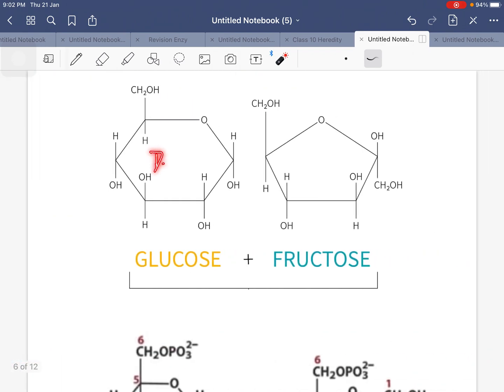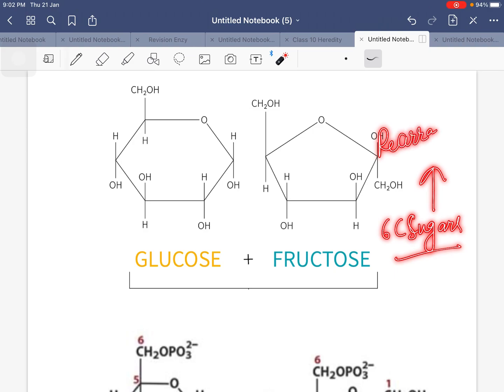As you can see, that is a deoxy sugar and this is a ribose sugar. So the only difference is in their structural formula. Otherwise their chemical formula is same. Both are 6 carbon sugars. So when we are only rearranging the